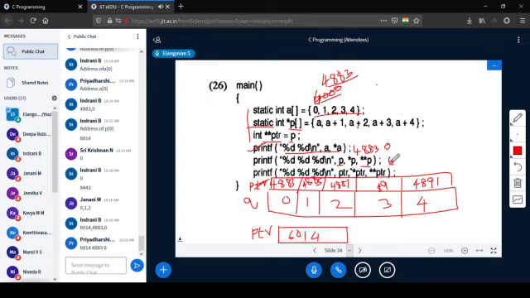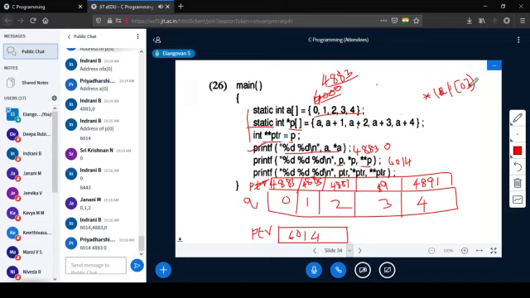Next, value at the address P means star P, means star of P. And P, we know, is address of P of 0.